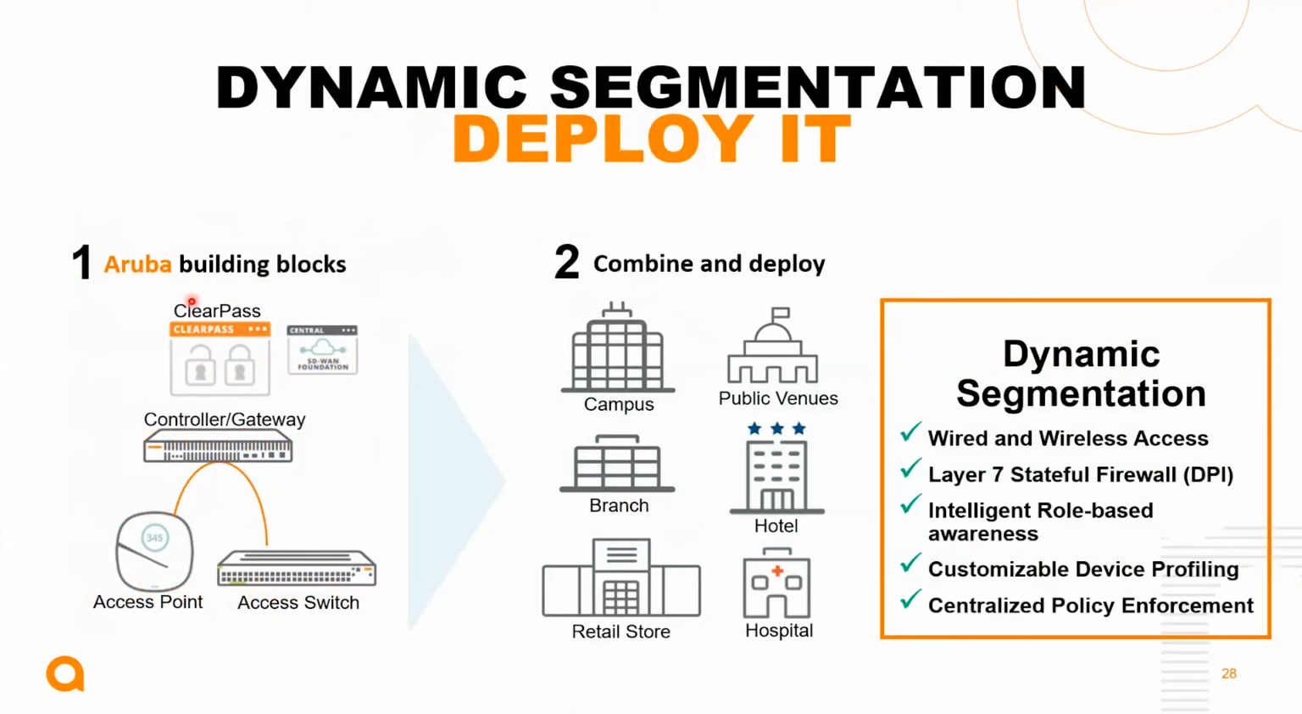So we have the building blocks, we have the ClearPass, we have the controller, we have the access point, and we have the switches, and we can combine all of this and deploy it in any type of vertical market, be it campus, public venues, branch, or maybe hotel or the hospitality industry. We can also deploy it in the retail store or hospital. So this is very good for you. Okay, so like for example,